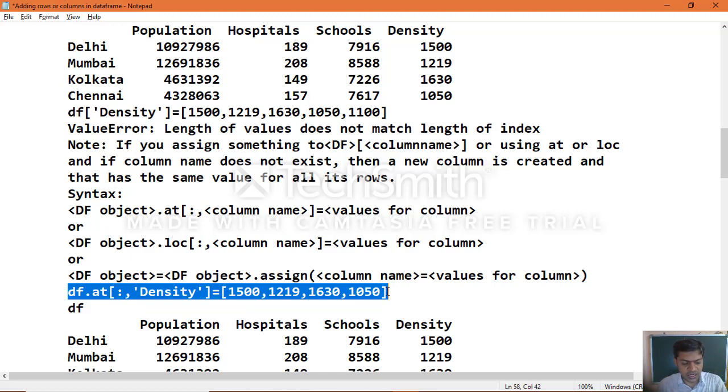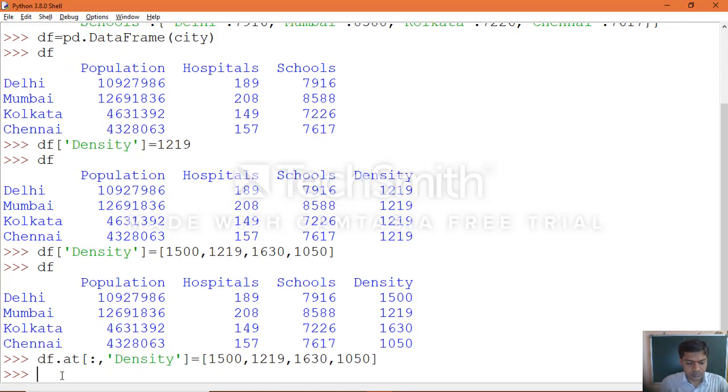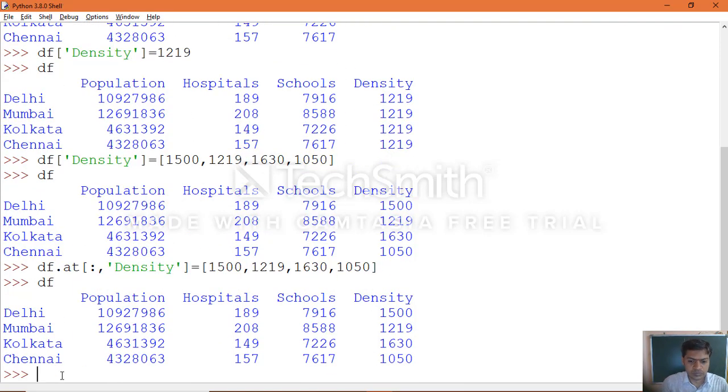Now we are using the at attribute to create a column. If it already exists, it will not make any changes. So if you want to see changes, you can edit these values. For example, one value we change.